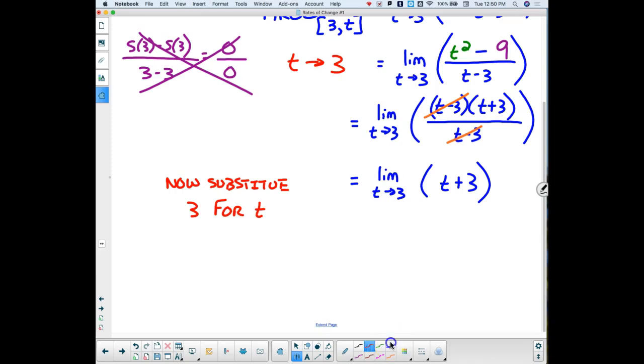When I substitute in that value, I get rid of the limit notation. So now this is 3 plus 3, which gives me an IROC